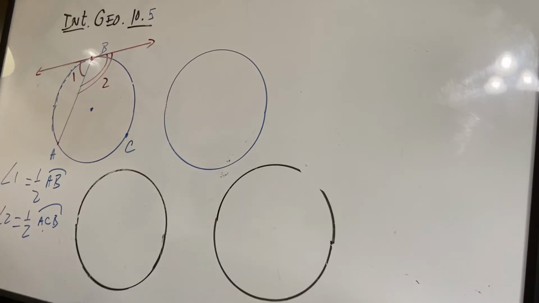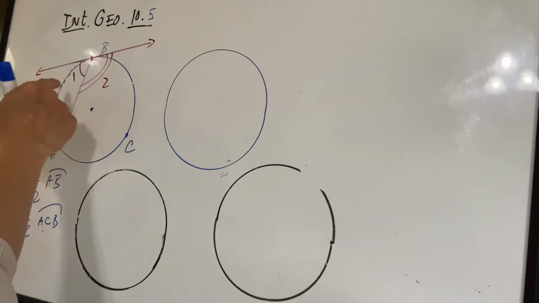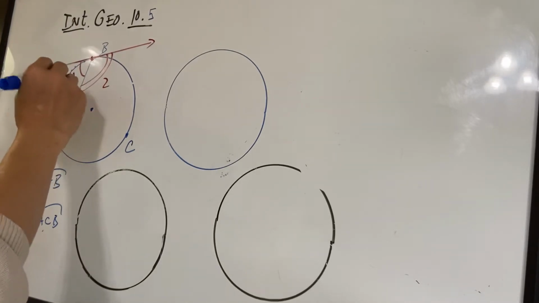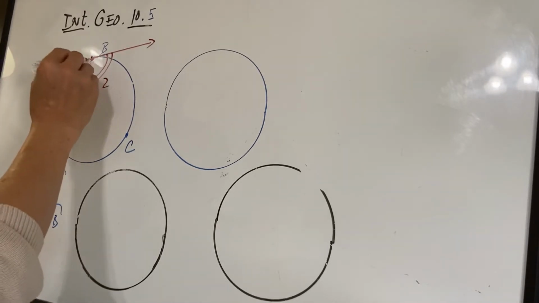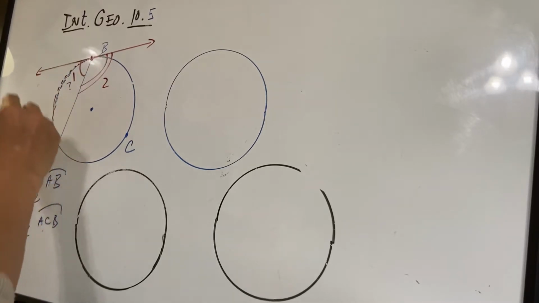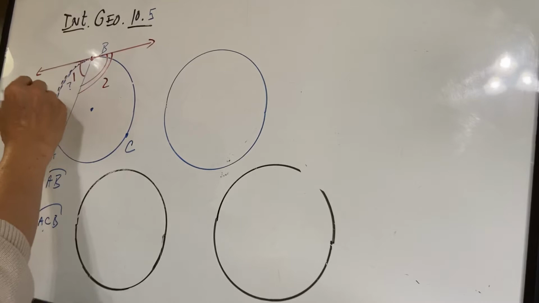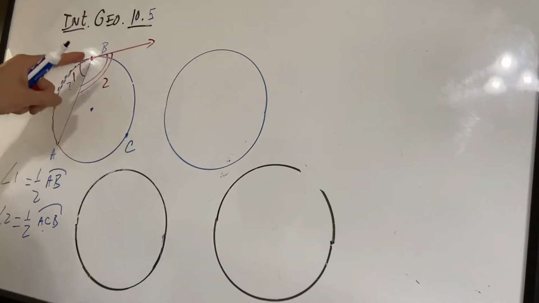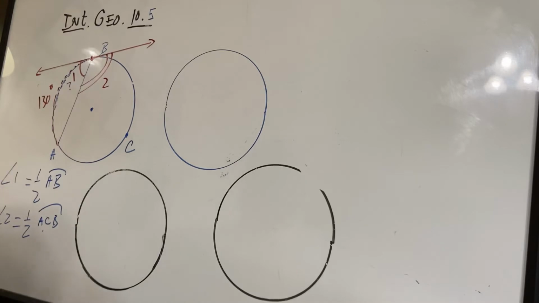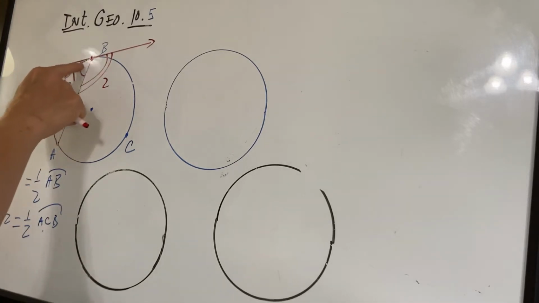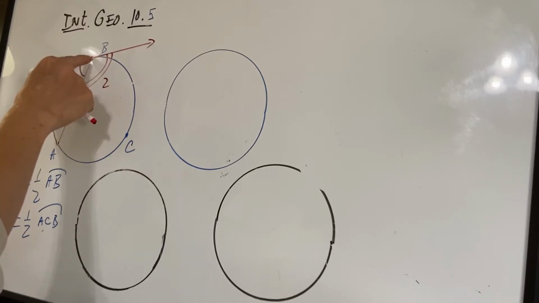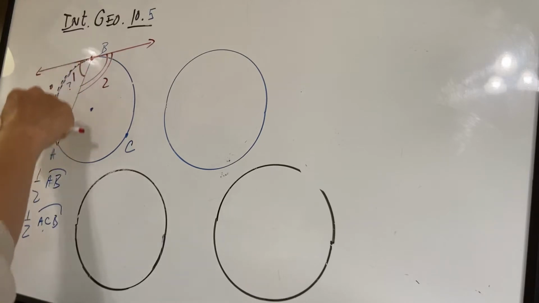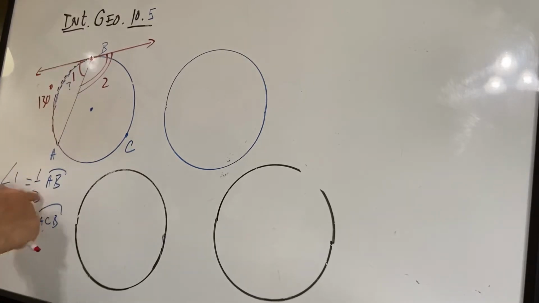And example 1. Let's say angle 1, we want to know what that is. If you are given the minor arc AB is 130, what's angle 1? I know, I'm insulting your intelligence. You don't know the angle, but you know minor arc AB is less than 180. So that's 1/2 of 130. What is 1/2 of 130? Come on, that's right,